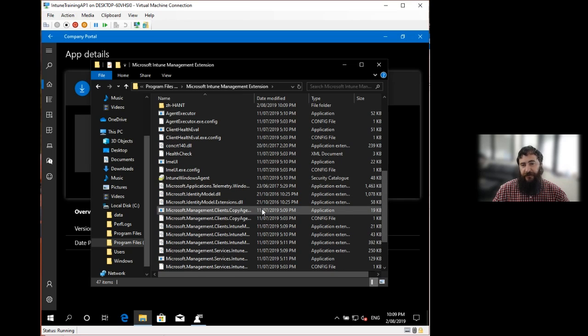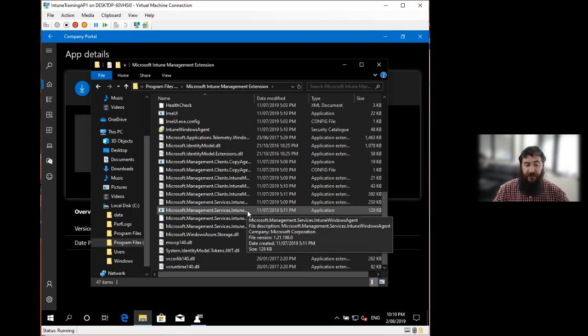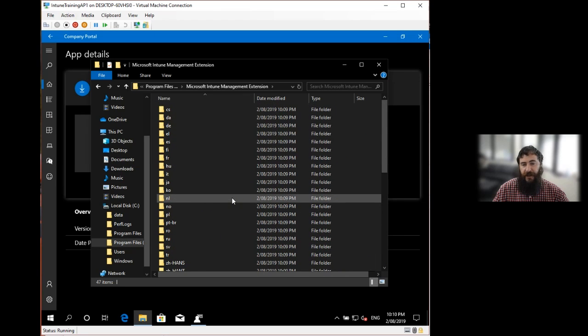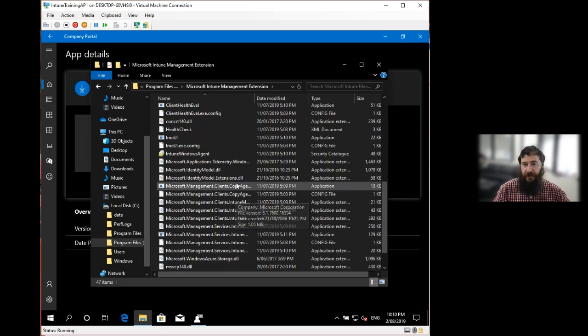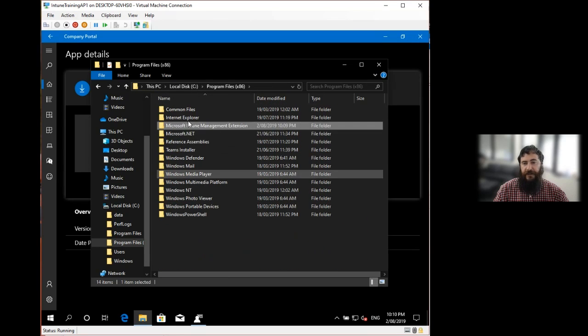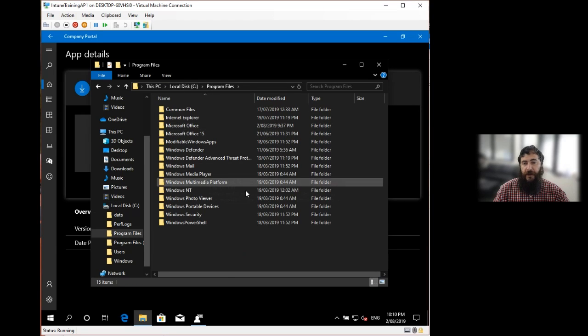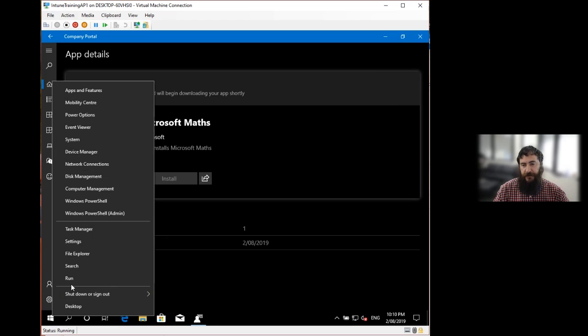That's because it's the first Win32 application or script that's been sent to this computer, and that's basically a cut-down client that sits on the computer that tells it you need to install this software. In here you'll see that you'll have files that will appear in here and disappear, but that is where the extension sits. We also, if we then go to services,